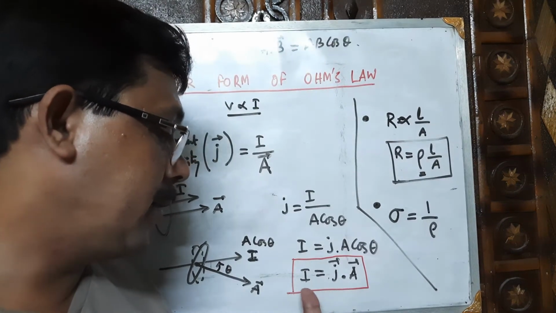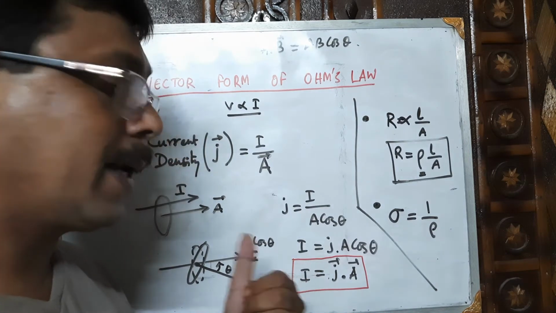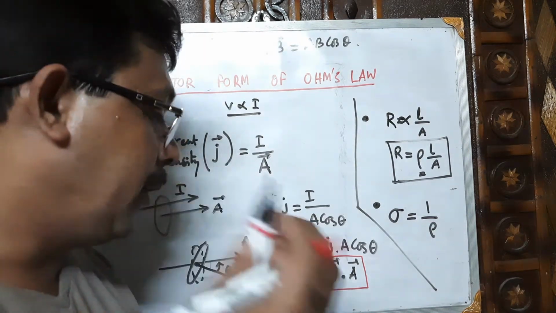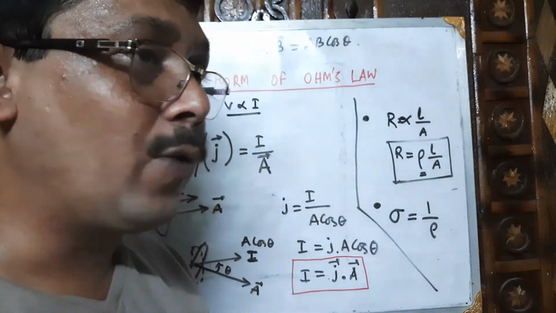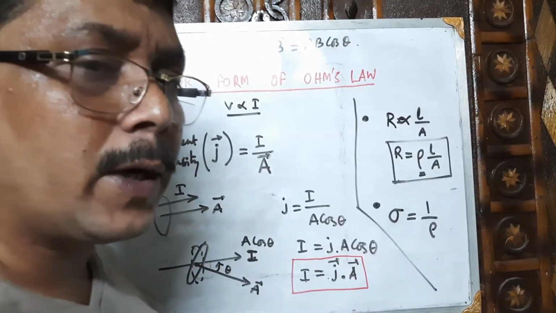Remember this relation, you have to know it at class 10 level. This is the relation that shows why current is a scalar quantity. If you don't give any example, and mathematically you want to answer someone in an interview about why current is a scalar quantity, then directly you can say that current is nothing but the dot product of the two terms.